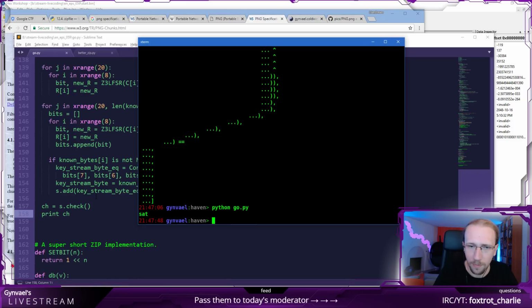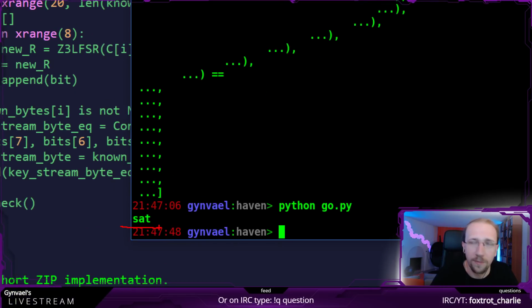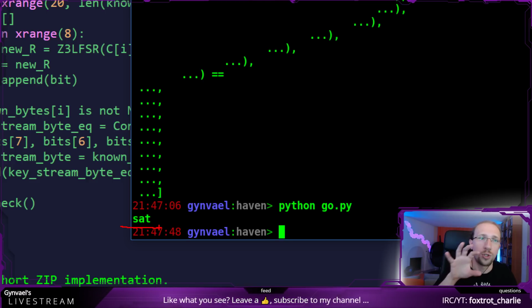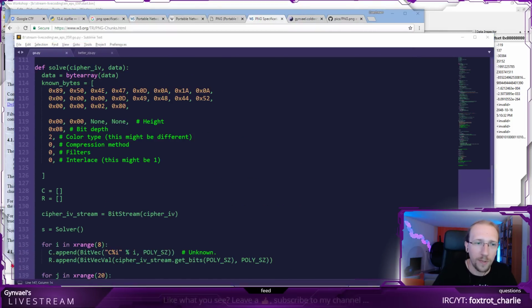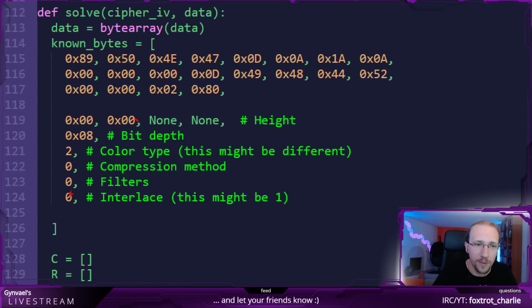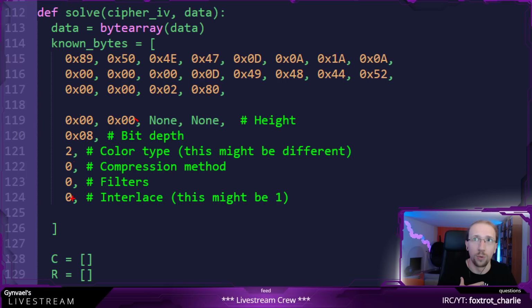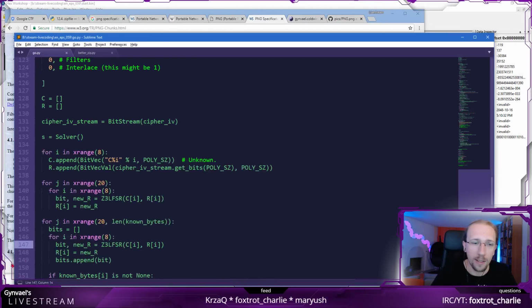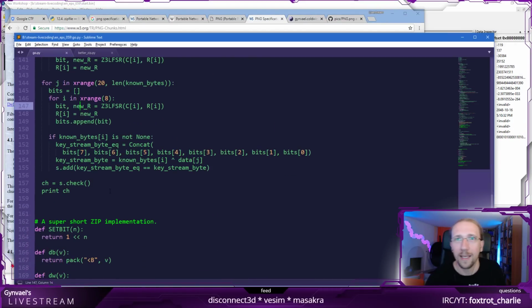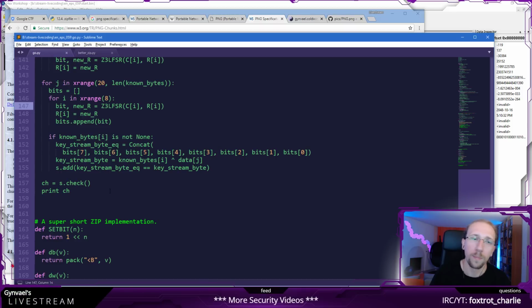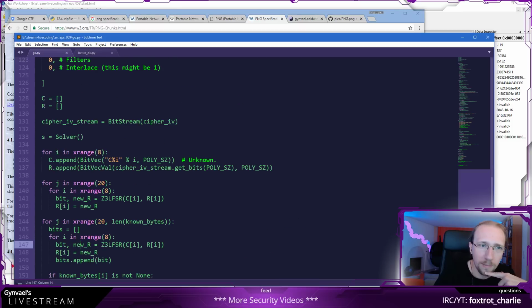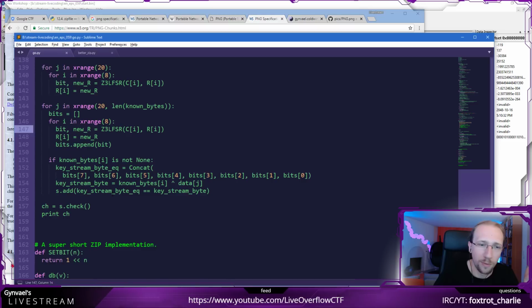Now let's see. Yeah, sat means that the equation has been satisfied, which means it did find some values which meet this. Now, please note that we have 1, 2, 3, 4, 5, 6, 7, 8, 7 bytes actually, and 7 bytes out of 20, which we need, means there is a lot of different results. By default it gives us only one, and the one is not going to work because the probability of it working is really bad. We might brute force it, but yeah, I guess we can try brute forcing it.